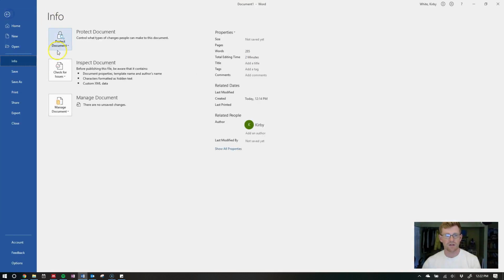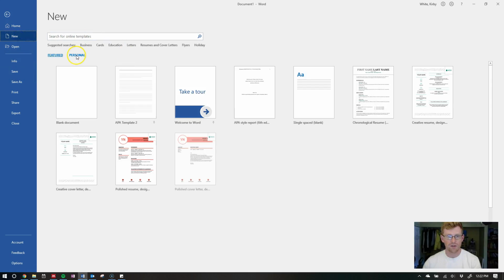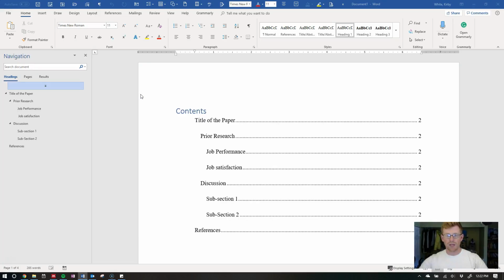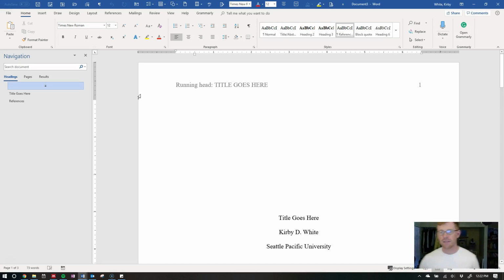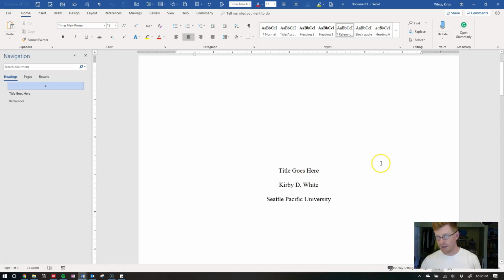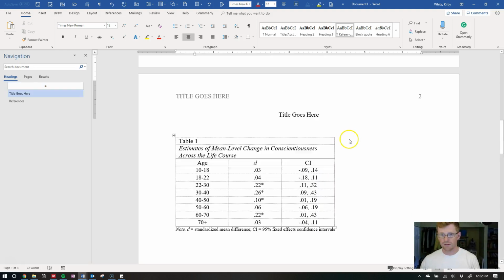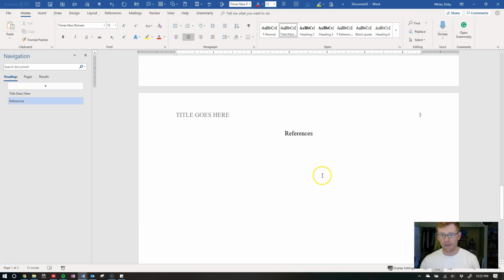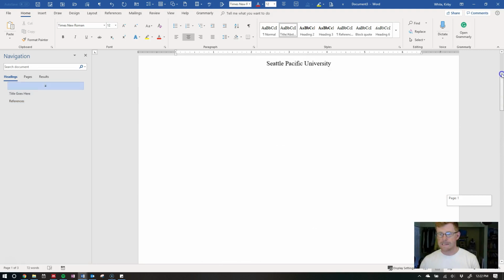I'll show you guys, and I'll share with you the template that I built for myself. So I'm going to go to New and Personal, and I use APA Template 2. So this is kind of the same thing, just a bit slimmed down. It does not have the nice features that if you change the title here, it won't change it down here. I don't have headings already pre-added into here. So it's really not